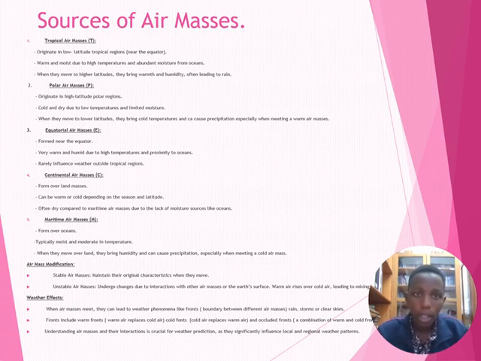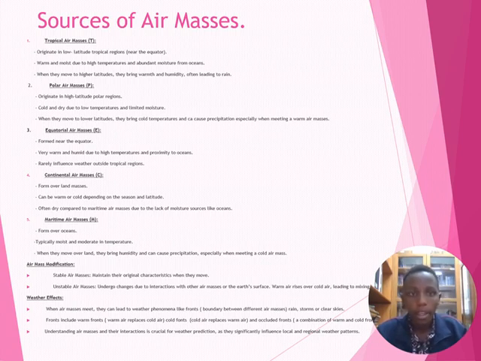When they move to higher latitudes, they bring warm humidity, often leading to rain. So, the polar air masses originate from high latitude polar regions. They are cold and dry due to low temperatures and limited moisture. When they move to lower latitudes, they bring cold temperatures and can cause precipitation, especially when meeting a warm air